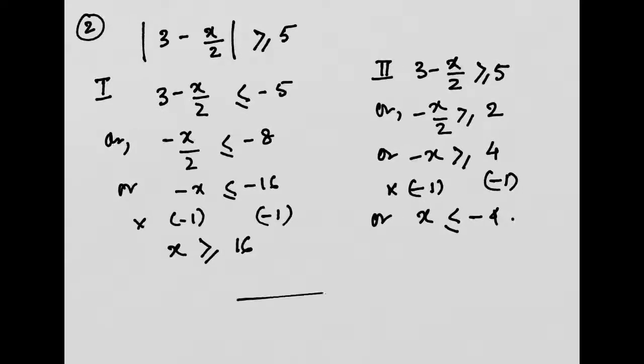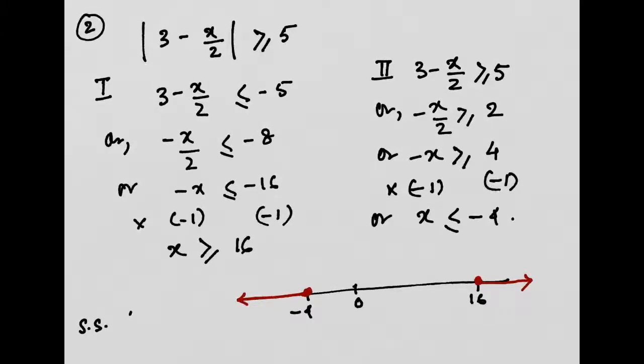So again, this number line you can draw. This is 0. If this is 16, then this would be -4. Now as they are touching, I am drawing a solid circle extended towards positive infinity, and again it is touching -4, so a solid circle extended towards negative infinity. So this is my solution, and the solution set would be